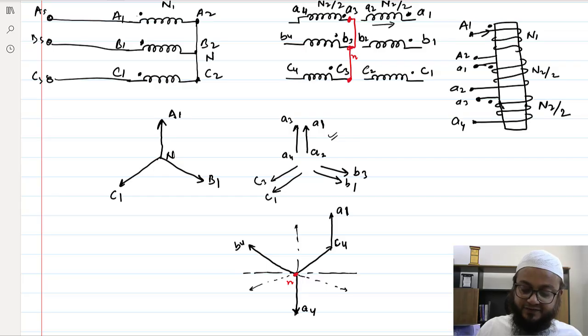If you see the combination, I have used C4, I have connected C4 with A2 actually, and C3 is here. Similarly for A4, and if you see the resultant of these two phasor quantities, that would be this, and obviously this angle would be 30 degrees, because this angle is 30